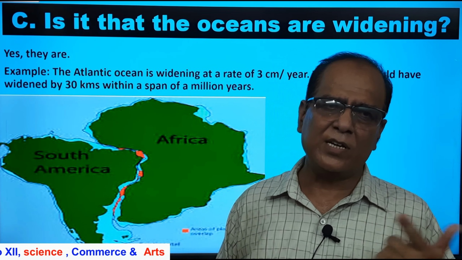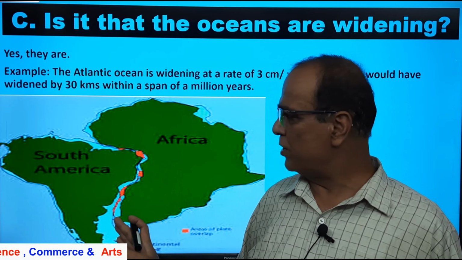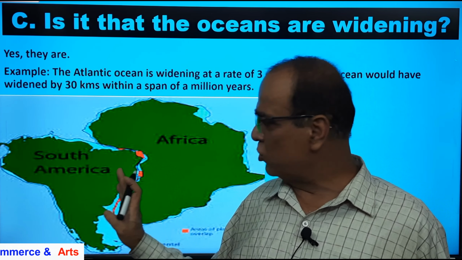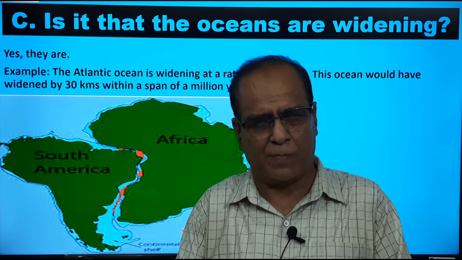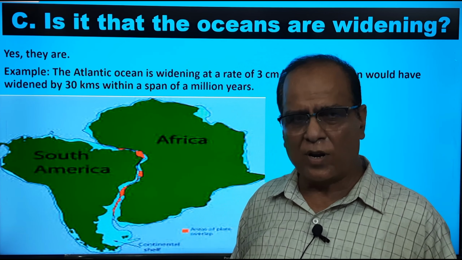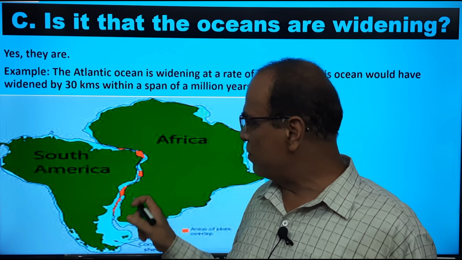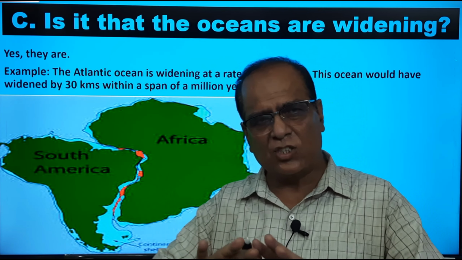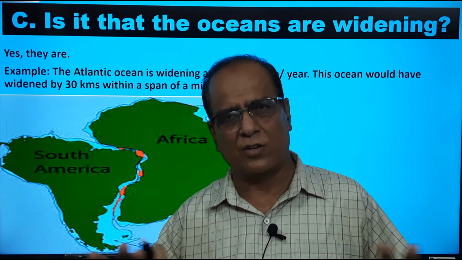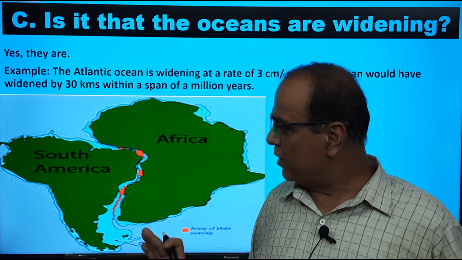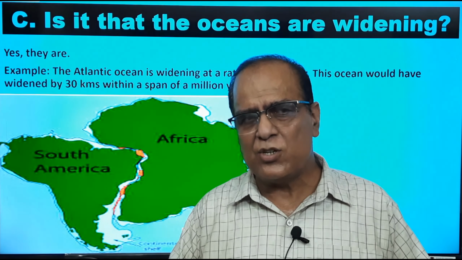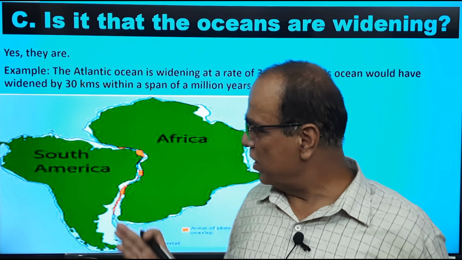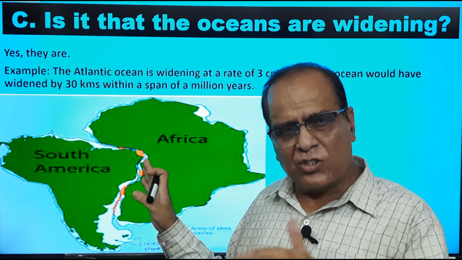And initially, very initially, as you are finding here, South America and Africa were together, there was no gap. But now what are we finding? In between there is the big Atlantic Ocean. South America and Africa are seen together here almost, but you can notice here there is a